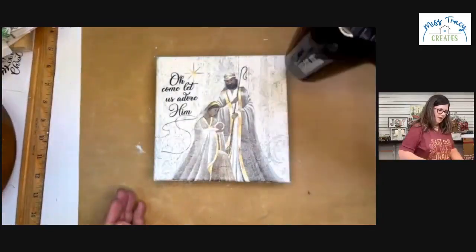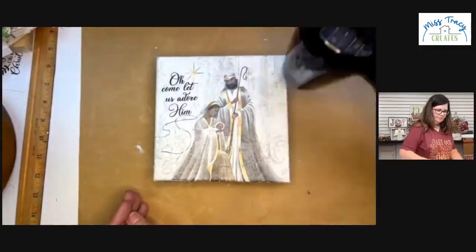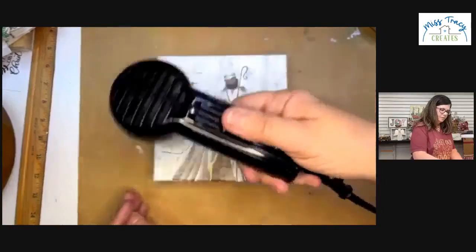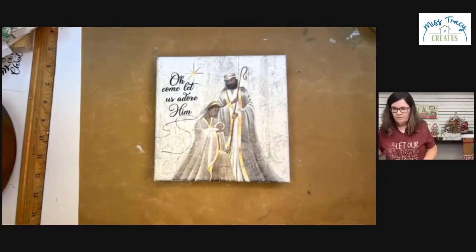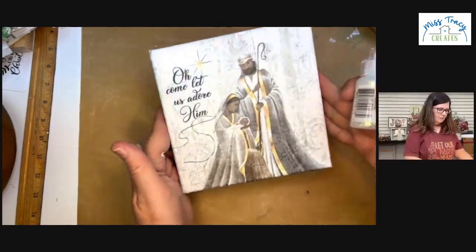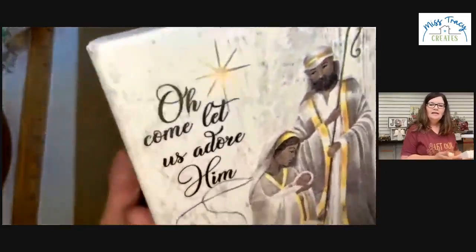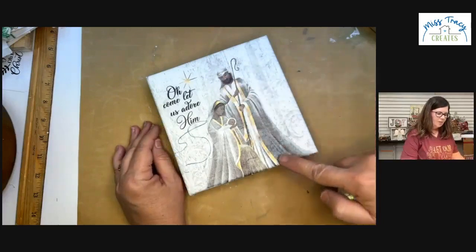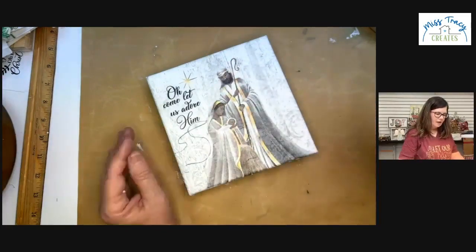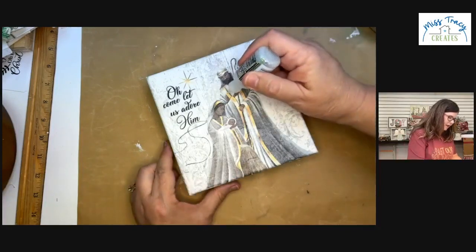Just want to be sure that top coat is nice and dry. Look how nice. Doesn't that look great? I know, it's so pretty. So if you did want to come in and do any pen work around the images here, you could do that. If you wanted to come in and again add any